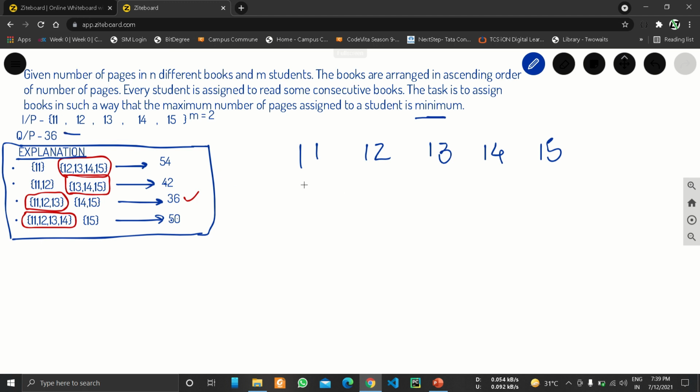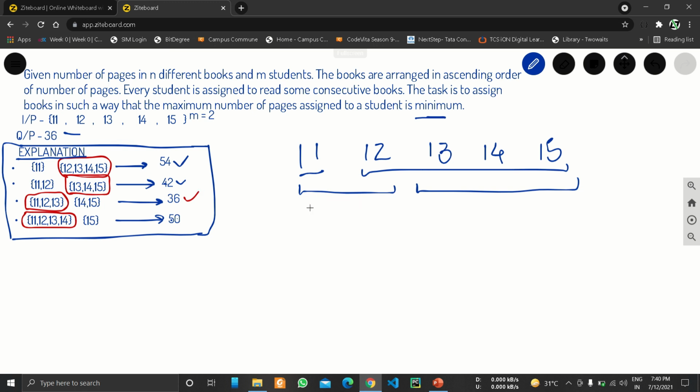Let's suppose the first student reads 11 pages and the second student reads 12 to 15 pages, so we will get our maximum as 54. For the second case, if the first student reads 11 and 12 pages and the second student reads 13, 14 and 15 pages, our output will be 42. This one will be the maximum.